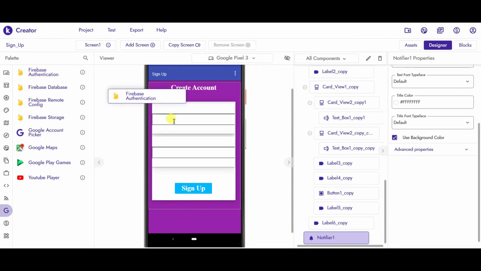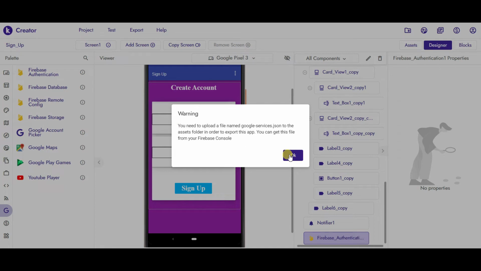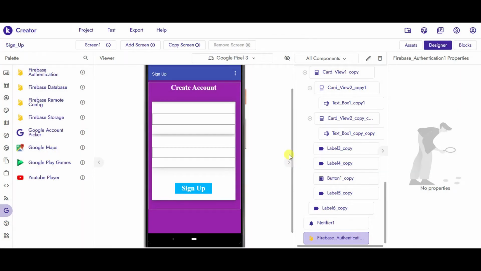Just select that. Just click on OK. So the whole design of the sign up page or the sign up app is ready. Now we will move forward to the settings which we have to do in Firebase and the code.